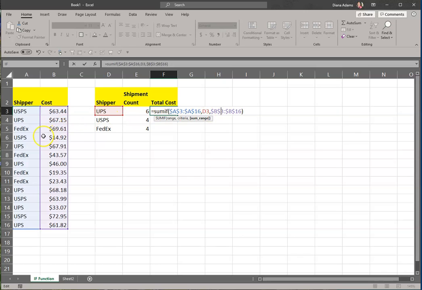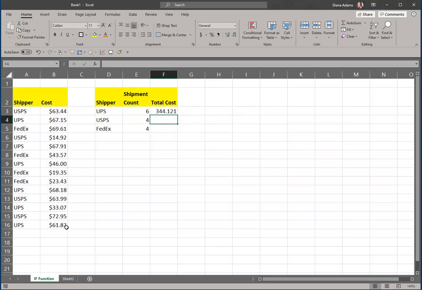So anytime Excel sees UPS in the blue range, it's going to add the cost from the purple range. So the $67.15, the $67.91, the $46, the $68.18, the $33.07, and the $61.82. When I press enter, that number calculates up to